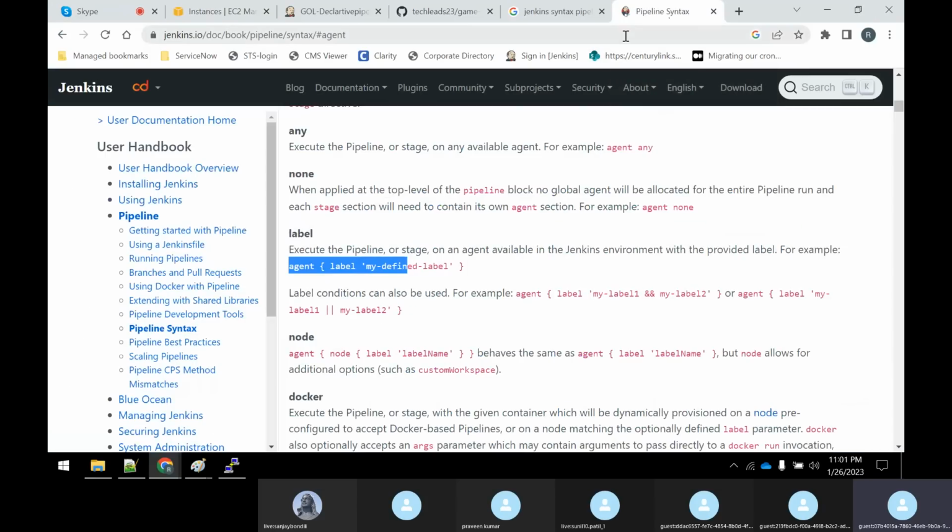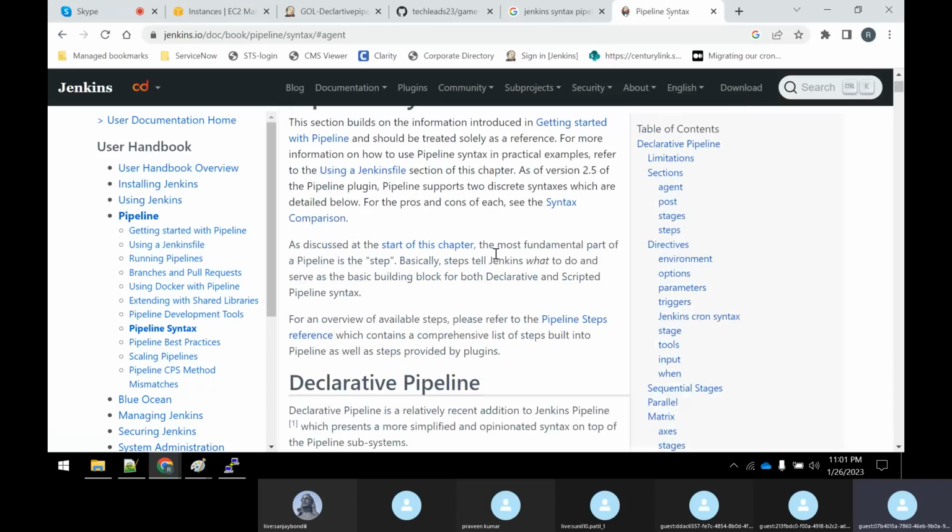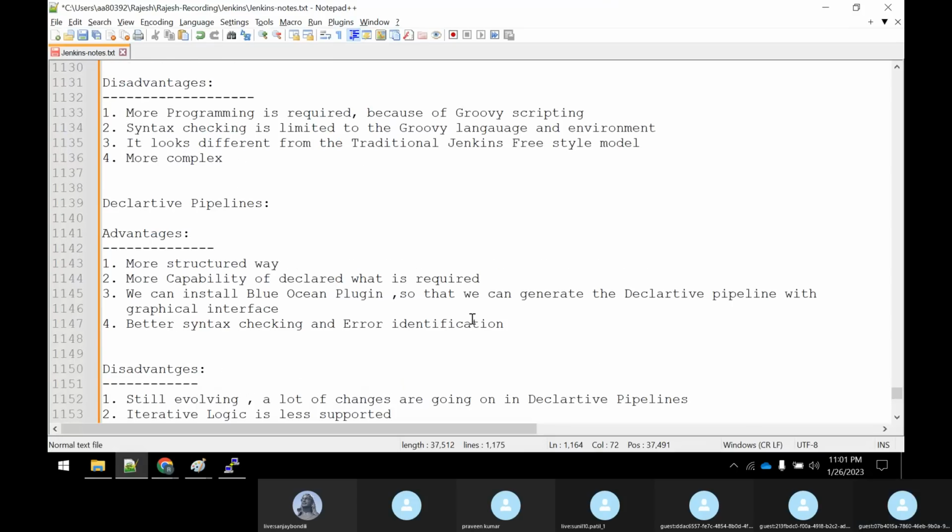Is it clear, guys? So we have just written a very small declarative pipeline, and I have just executed it, without going through all this documentation. In the next session, we'll be doing that. Okay. Now, guys, what is the next thing? Because I have a little more time, 15-20 minutes, I will go with configuring the email